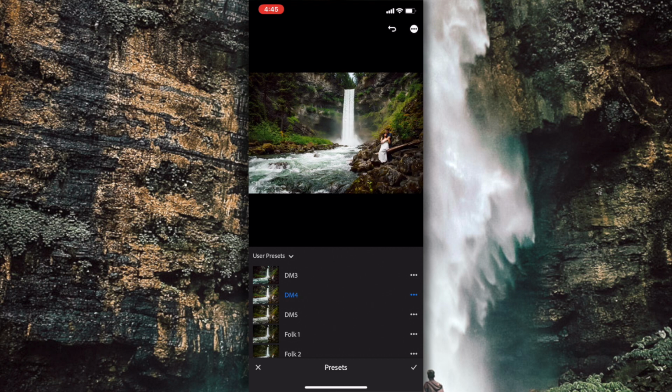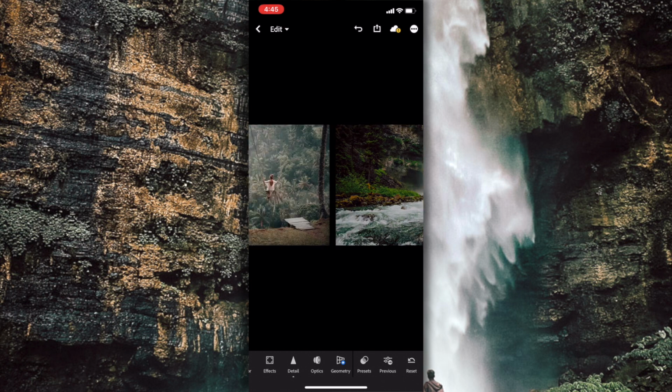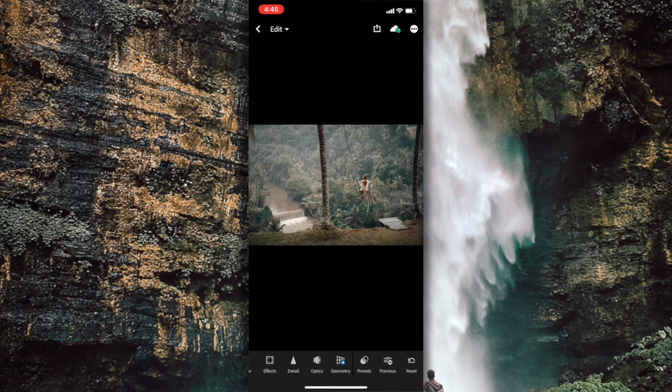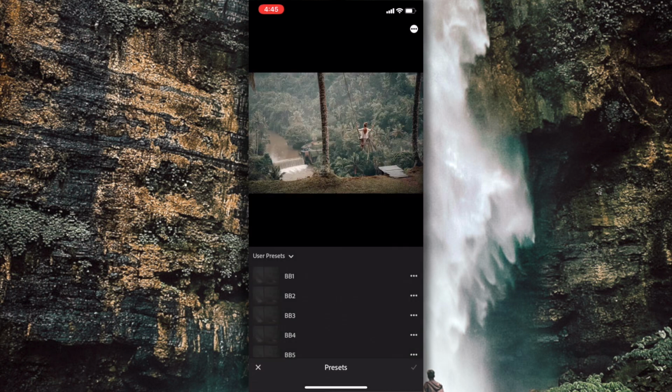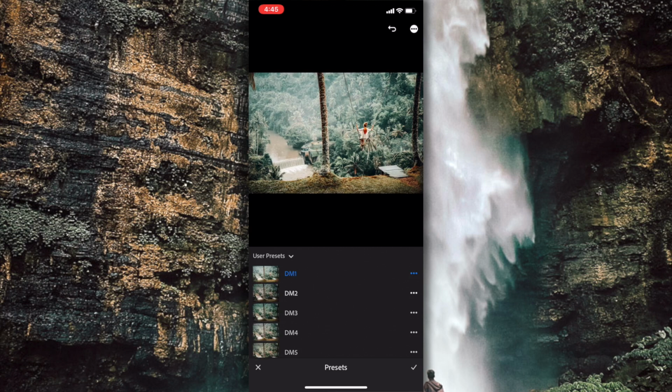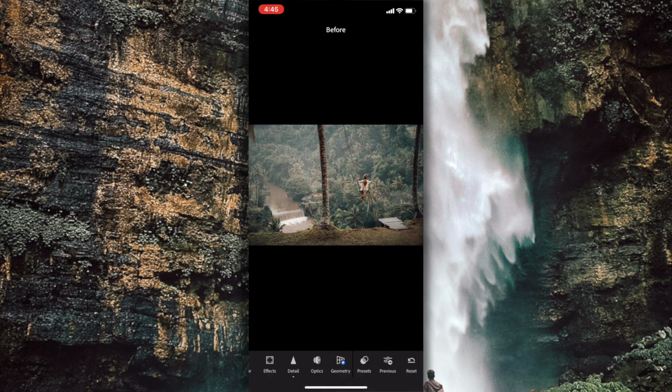So let's say we got a photo a little bit different and we got one more like this where there's a girl swinging. Well, again, you're gonna go over to your presets. You're gonna scroll down to your dark and moodies and you're gonna start to select them. So again, I like the one on this one. I like Dark and Moody 2. It looks pretty good there. So as you guys can see, a before and an after. So as you guys can see, it's pretty easy to create that look,